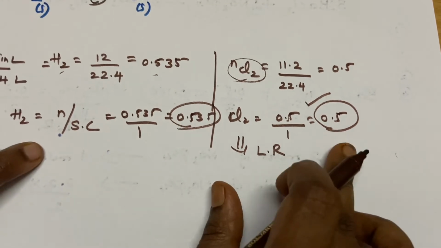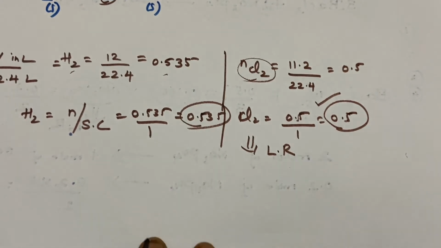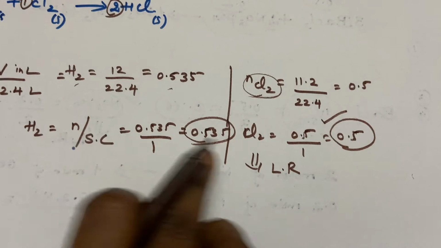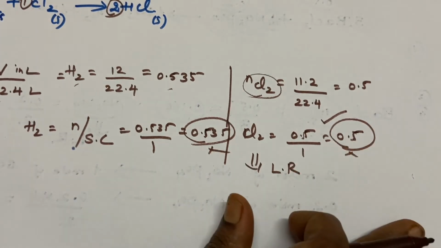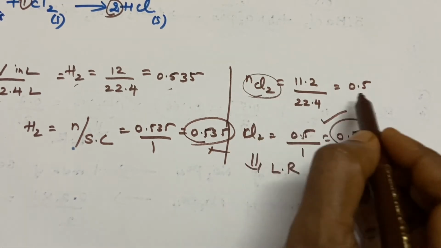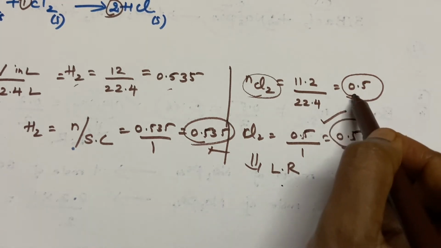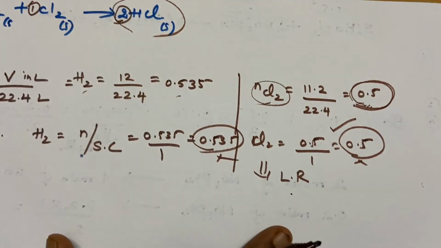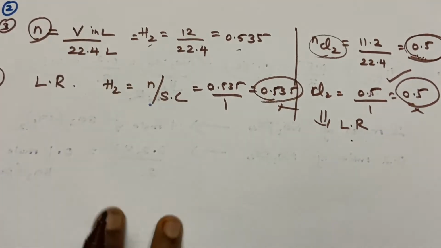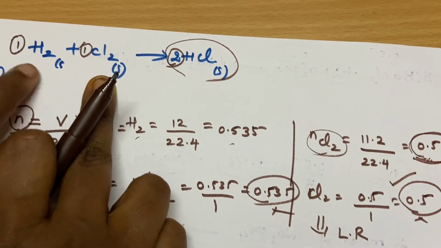Okay, I am repeating this continuously, because students often do the steps wrongly. You do this step only to find out the LR reagent. Forget about these values. Now, since chlorine is the limiting reagent here, consider the given number of moles of chlorine. Only this is going to decide the amount of HCl formed. According to this equation, you have to speak only about chlorine, forget about hydrogen, because chlorine is the